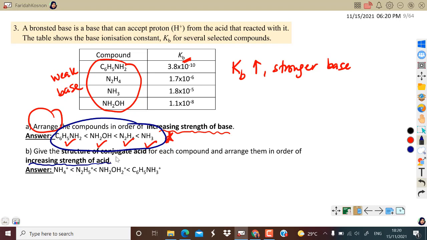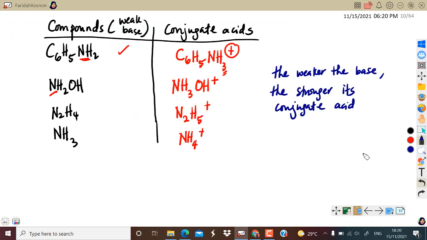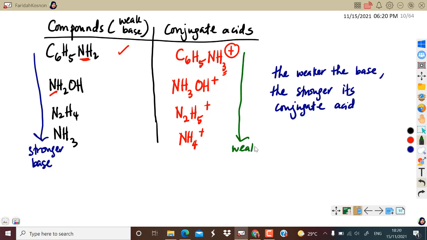Jadi base yang paling lemah, conjugate acidnya adalah yang paling stronger. Jadi kalau kita refer kepada yang kita dah buat ini, maksudnya ke sini, ke bawah ini untuk base, dia adalah stronger base. Mana datang? Kita tengok nilai Kb tadi kan. Tapi sekarang pasangan conjugate itu dari segi strength itu terbalik. Maksudnya ke bawah ini dia adalah weaker